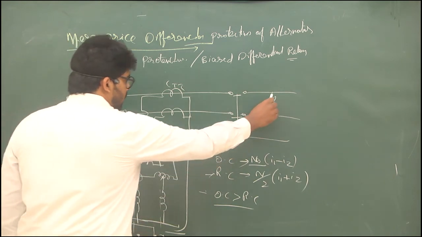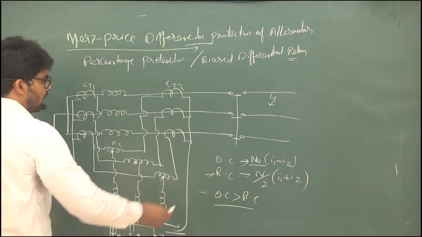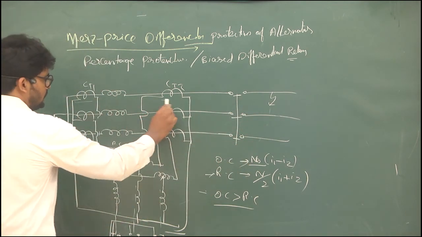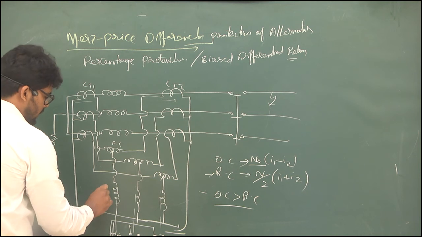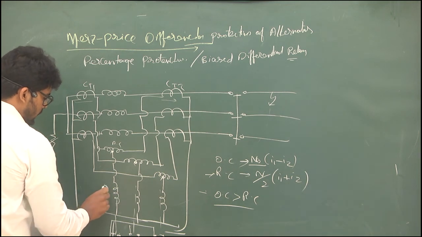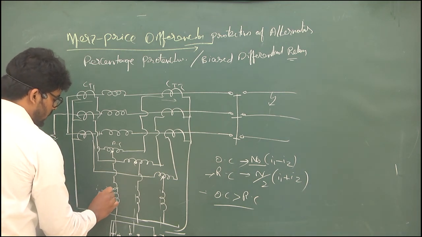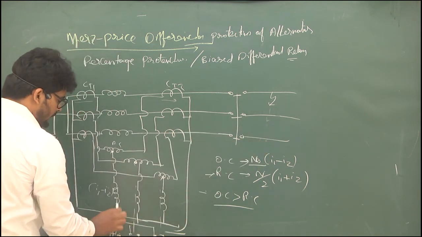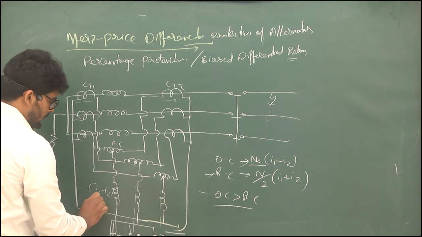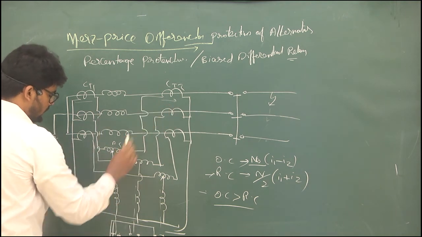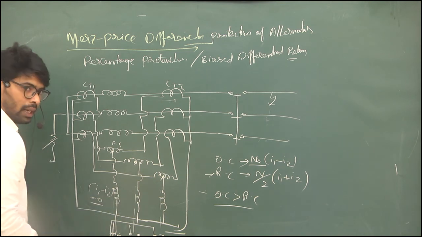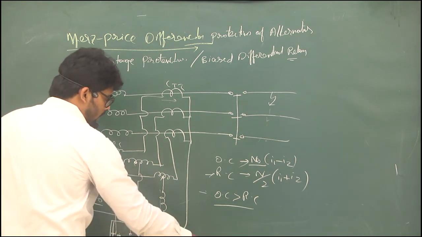For example, if an external fault occurs here, say this is grounded here, the same currents will flow through this coil, and the current flowing through it will be I1 minus I2. For any fault, this fault or this fault, the current flowing through this coil will be equal, I1 and I2 will be equal. So the difference will be 0. Then the coil will not get excited, and no fault is taking place.